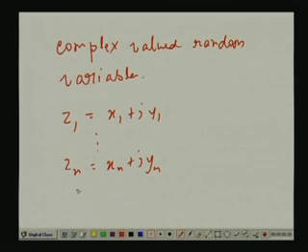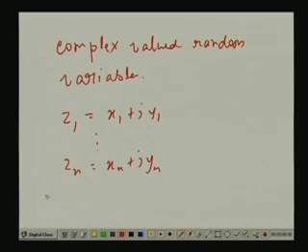So, z 1 to z n, we have got a set of n complex random variables, right. But remember, each of these z 1 to z n, they have got two components, one is the real component and another is the imaginary component. x 1, y 1, and now x 1 also is a random variable, y 1 also is a random variable. Similarly, x 2 is a random variable, y 2 is a random variable. So, a set of n complex random variables equivalently means a set of twice n real valued random variables, which